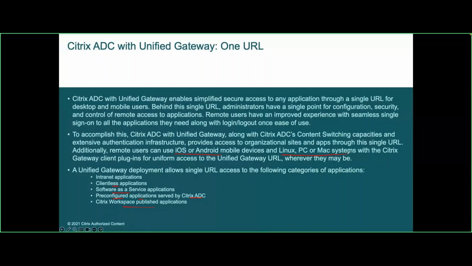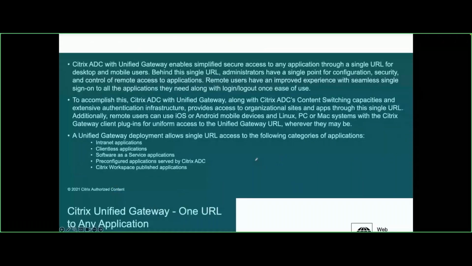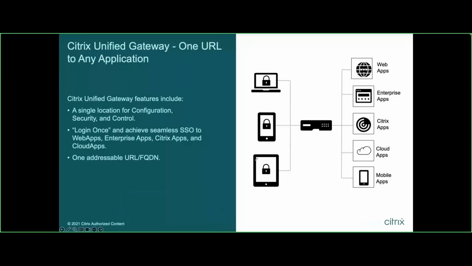So there is a plugin. There is an endpoint analysis (EPA), right? And if you don't meet that requirement, then we have a problem. It will not let you in the network. That also we're gonna do something with the EPAs, right? So this is one URL to any application, right? So this one URL you have to define in the DNS, and you have to provide the link to it and